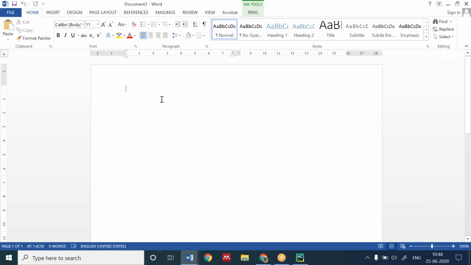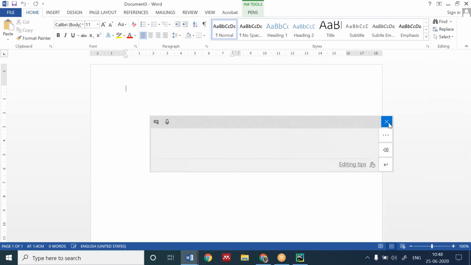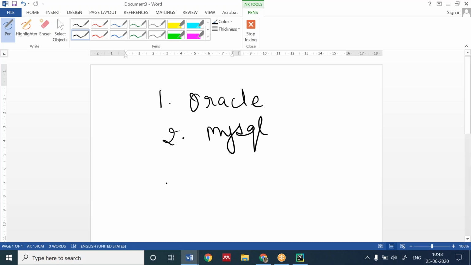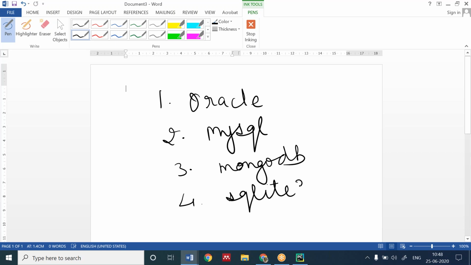Okay. So first, there are different types of databases. You have heard about Oracle, MySQL, MongoDB, and SQLite 3, and there are many more.